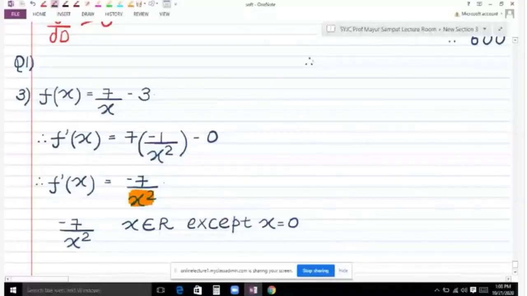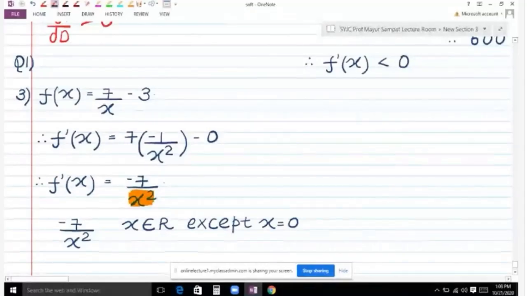Therefore, the value of f dash is less than 0. Therefore, given function